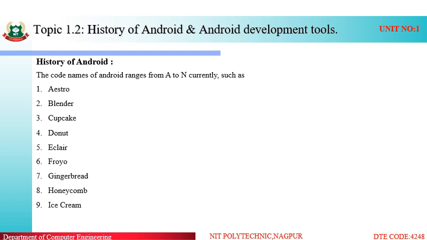Symbian was used in feature phones of Nokia, which were used 10 to 15 years back, which had a small screen and a keypad of numbers as well as alphabets. The screen size was very small and almost 99% of mobiles had black and white screens.